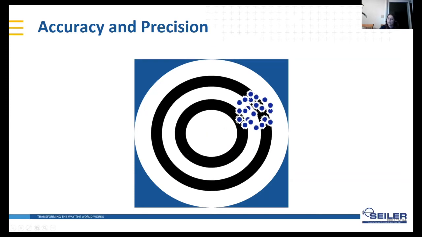On the other hand, precision is the measure of consistency or degree of refinement. As you see here, all our measurements are quite close. So this is high precision, but it's far away from the center, so low accuracy. Both of them are not good.